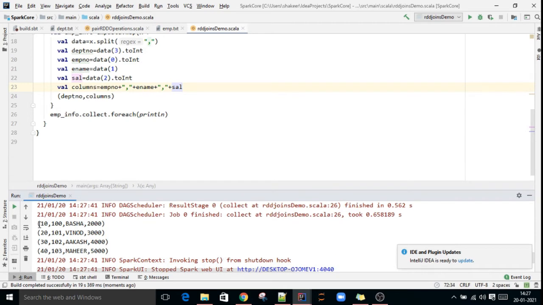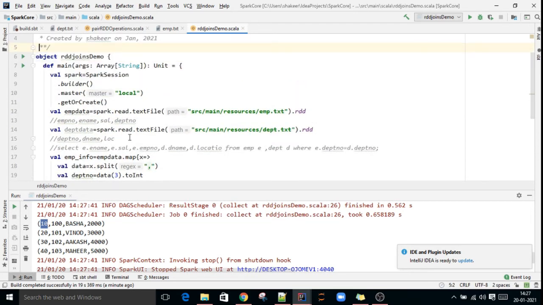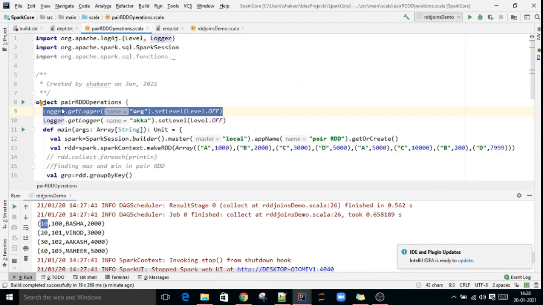See here: department number, employee number, name, salary. This is the key, 10, and the remaining is the value. To avoid these info messages, I am adding that logger.